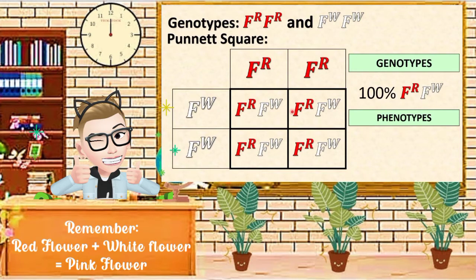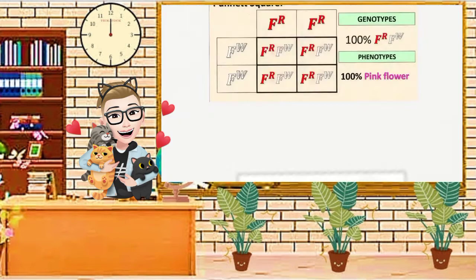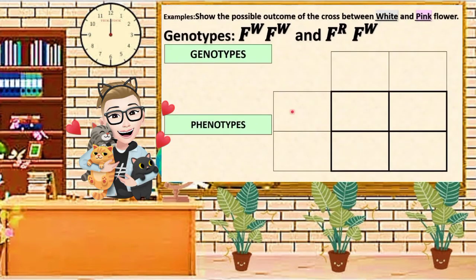Now, remember that red flower plus white flower result to a pink flower. So that is how we use the Punnett square. Let's have another example. Show the possible outcome of the cross between white and pink flower. So you have here the genotype for white flower, which is FW and FW, while the pink is FR and